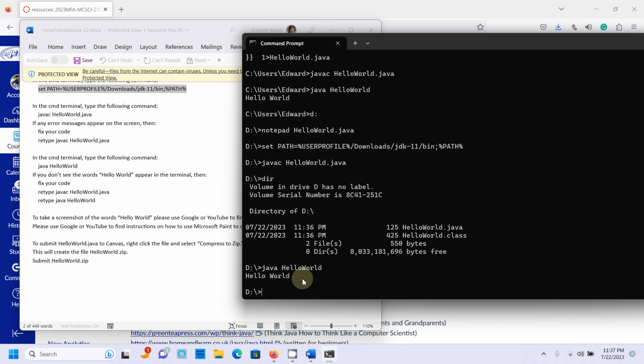Now let's pretend that this lab assignment says get a screenshot of the output. Well, how do I do that? Look on the keyboard. You should find a key that says Print Screen. The way mine is spelled is PRTSC. Different computers will spell it differently, but on mine it's spelled PRTSC. I'm going to click on that button,